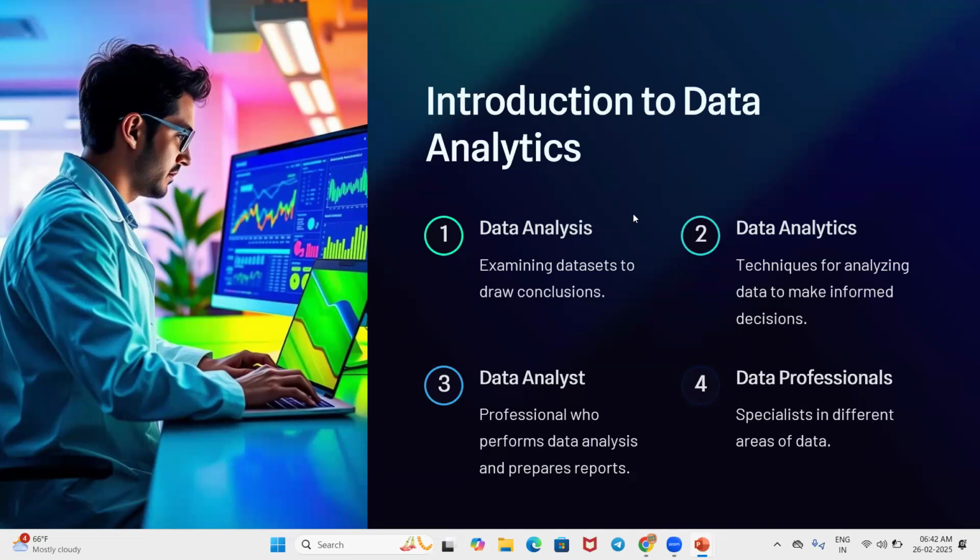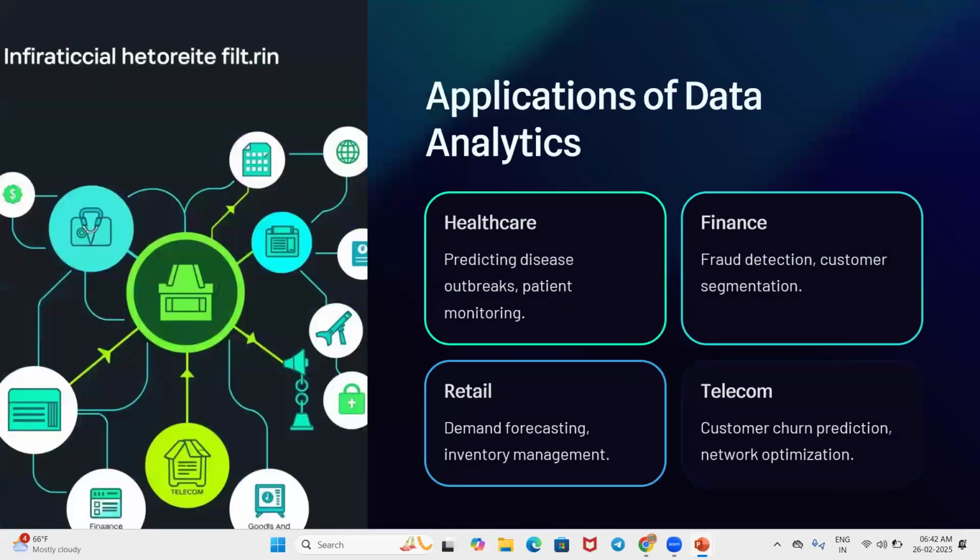The combination of data analysis and analytics gives us the profession called data analyst. So a data analyst is a person who performs the analysis and analytics, right? And what are the applications where all the data has been spread out? It is spread across the healthcare sector, financial sectors, retail, telecom, and also the government sectors, small-scale businesses, and all IT software companies. Everywhere the data applications are booming, right? So these are the applications of data analytics.